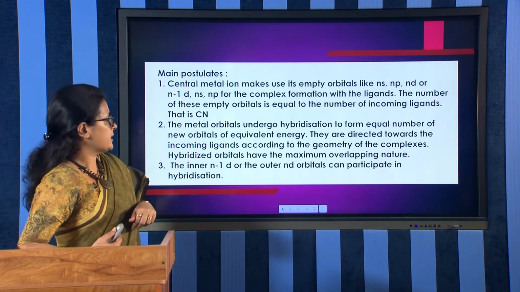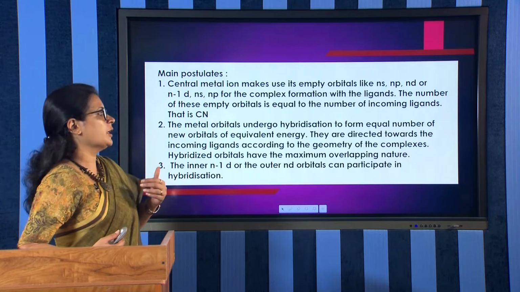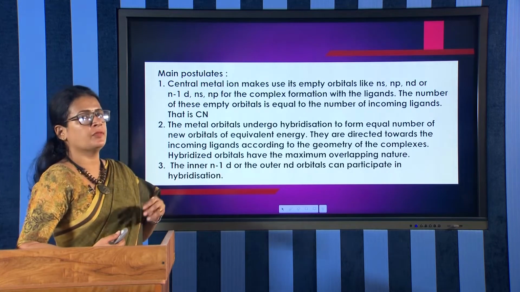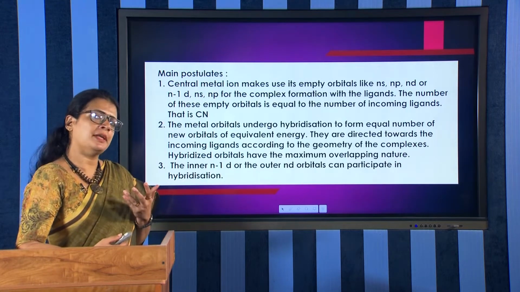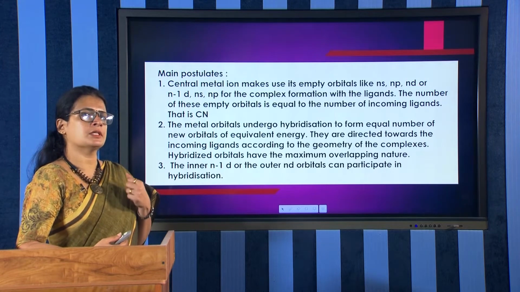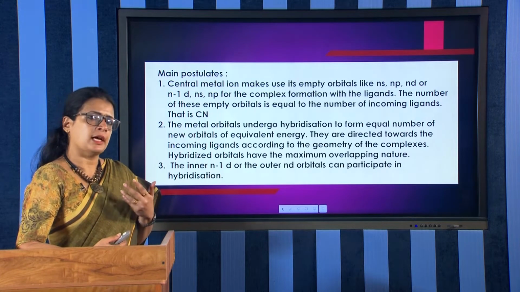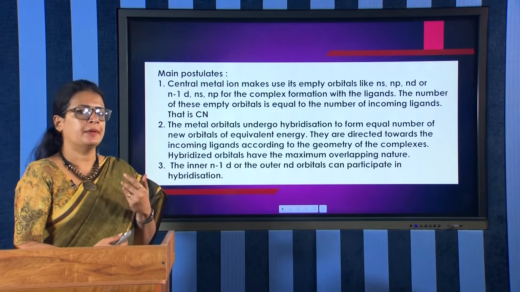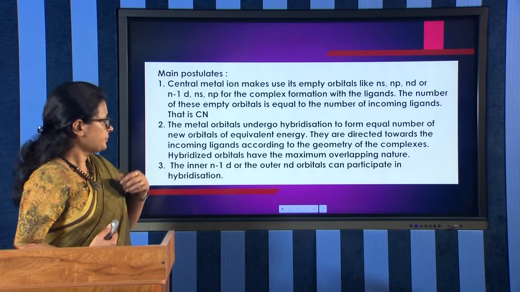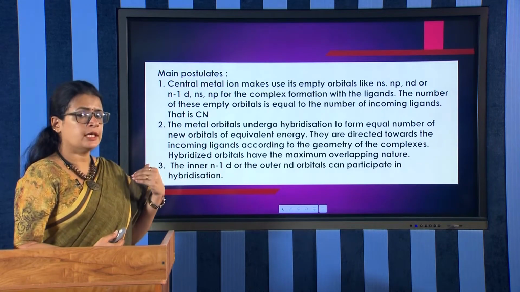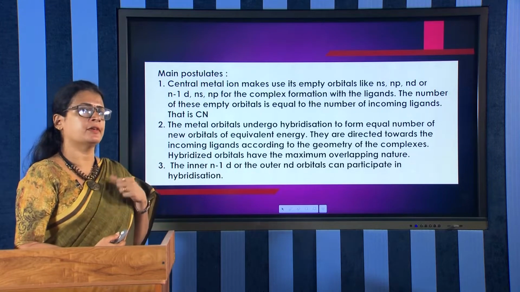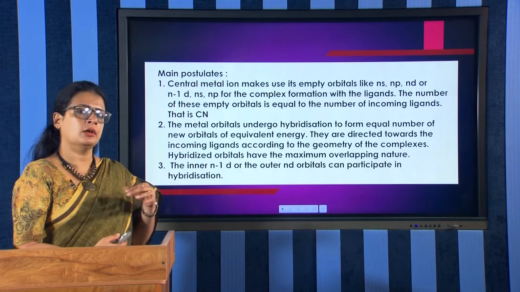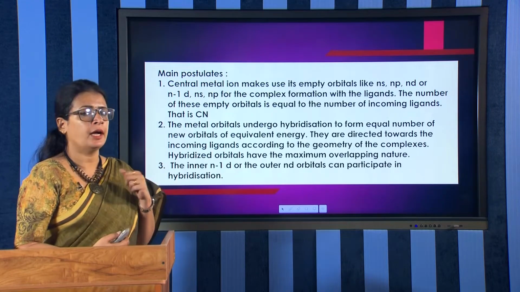The second postulate is that the metal orbitals undergo hybridization to form an equal number of new orbitals of equivalent energy. You may be familiar with the concept of hybridization from the preliminary classes, where you studied hybridization. The same thing is here; the only difference is that in this case you have metal d orbitals. So, the number of hybrid orbitals formed will be equal to the number of orbitals that take part in hybridization,